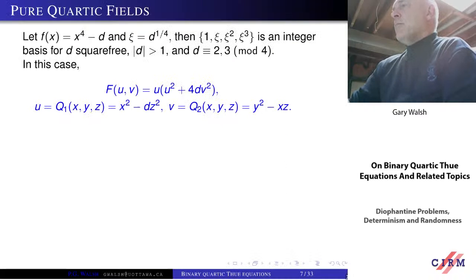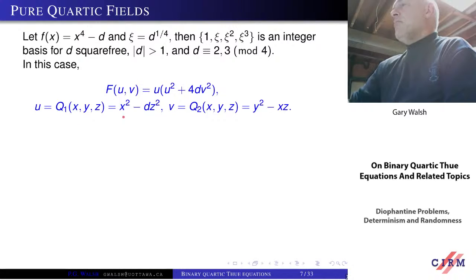This comes from some work of someone else, another group that I'll mention in a second. But let me get to the main point here: because all of the other coefficients are equal to 0, the polynomial f that I defined on the previous slide becomes considerably simpler. In particular, it's simply u times (u squared plus 4dv squared). And the other polynomials, q1 and q2, also become extremely simple.